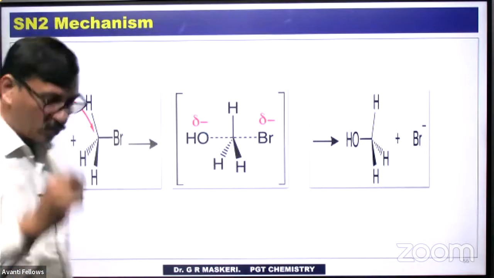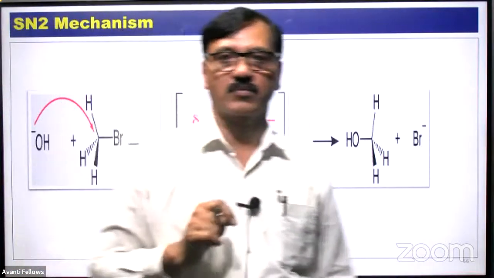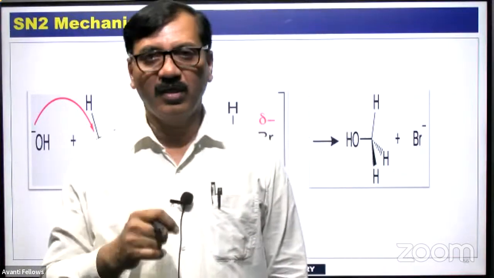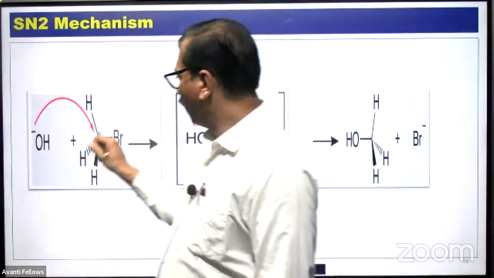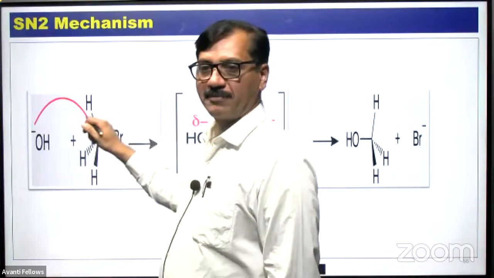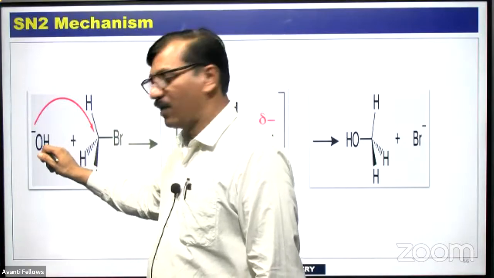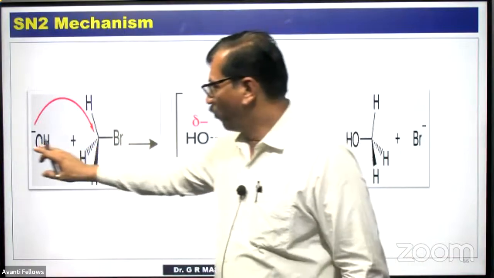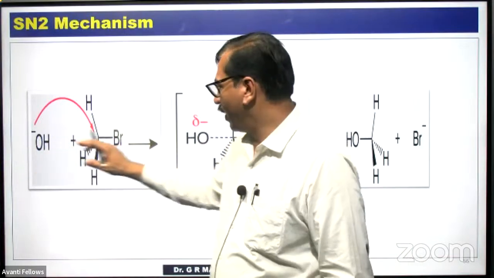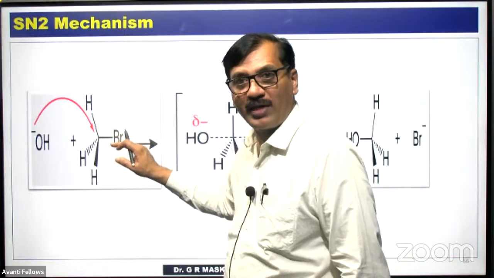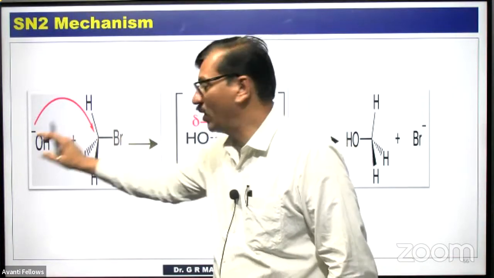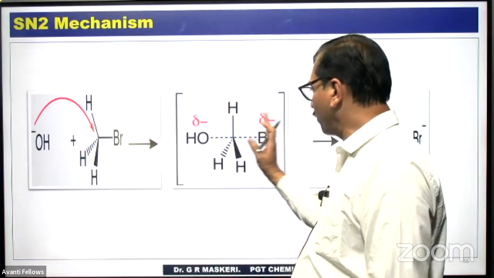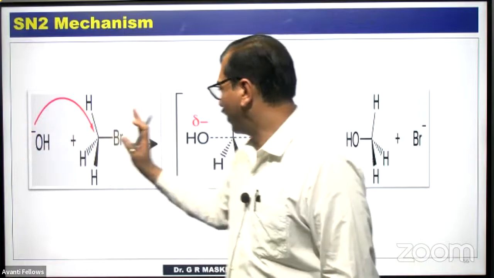Okay. Now coming to the SN2 path. What is this SN2 path? How does this reaction take place? In the SN2 path, the given haloalkane is substituted by the other nucleophile in this way. Both the incoming nucleophile and the outgoing nucleophile of the haloalkane will be available. And the nucleophile which is going moves from one side and the other one enters from the